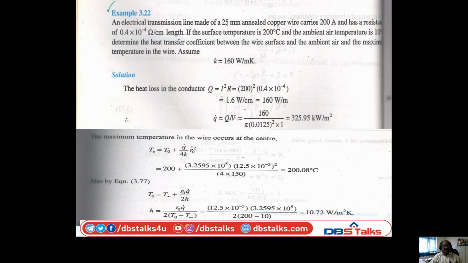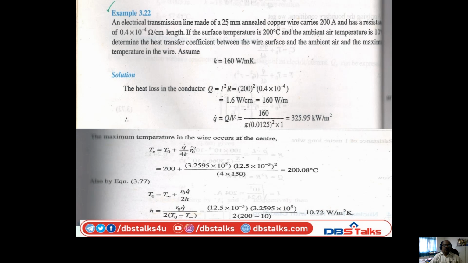And he is asking to find out the heat transfer coefficient h. To find the heat transfer coefficient, there is a temperature distribution equation: wall temperature T wall or T0 equals T infinity plus R0 by Q dot by 2h. This is the wall temperature equation. In this equation, the heat transfer coefficient is there. Wall temperature is already given. If you substitute all the values, you can find out the heat transfer coefficient of this particular problem. Like this, we can solve the problems belonging to heat generation.